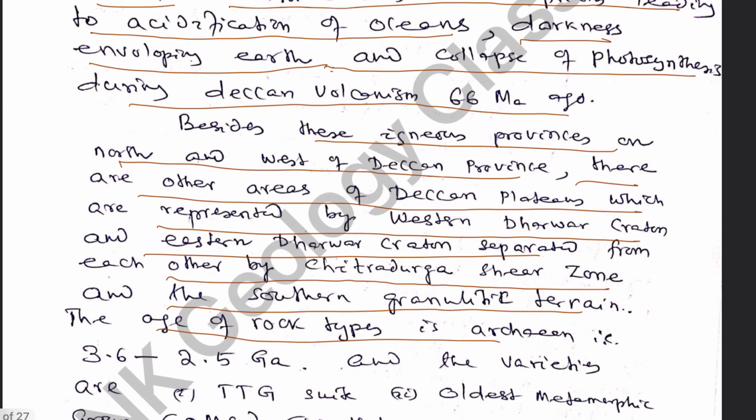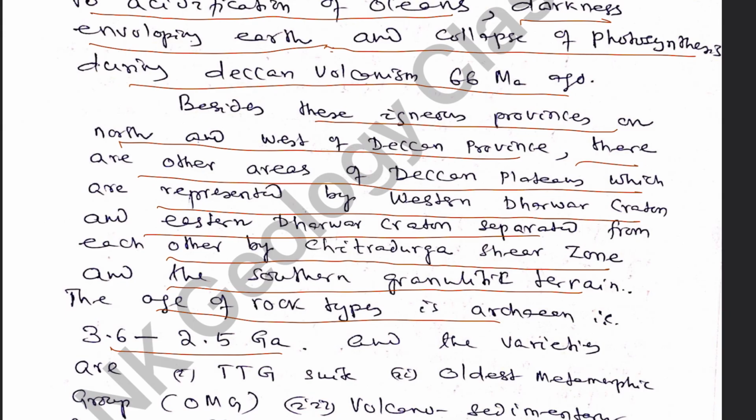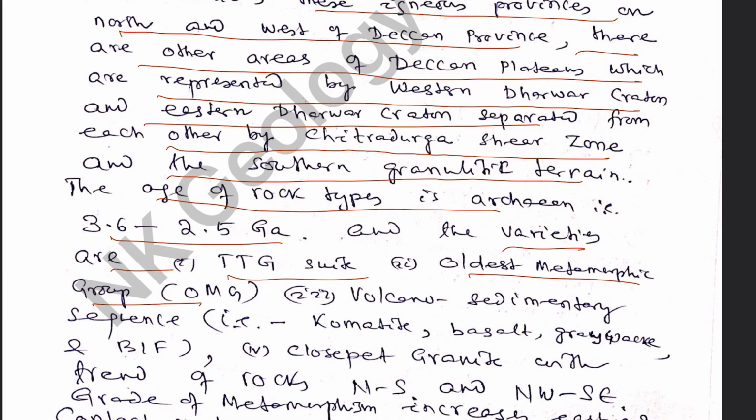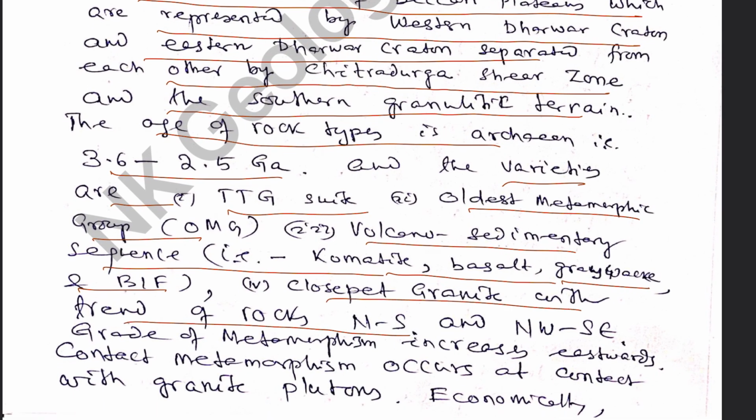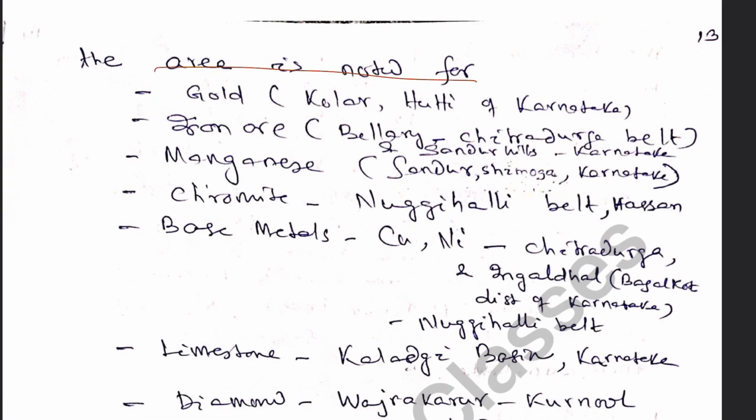The age of the rock types is Archean, 3.6 to 2.5 billion years, and the varieties are TTG gneisses, oldest metamorphic groups, and volcano-sedimentary sequences such as komatiites, basalts, greywacke, and banded iron formation, with closepet granite, with a trend of rocks north-south and northwest-southeast. Grade of metamorphism increases eastwards. Contact metamorphism occurs at the contact with the granite plutons. Economically, the area is noted for gold, iron ore, manganese, chromite, base metals, limestones, and diamond. So it is another economically rich zone in southern India,